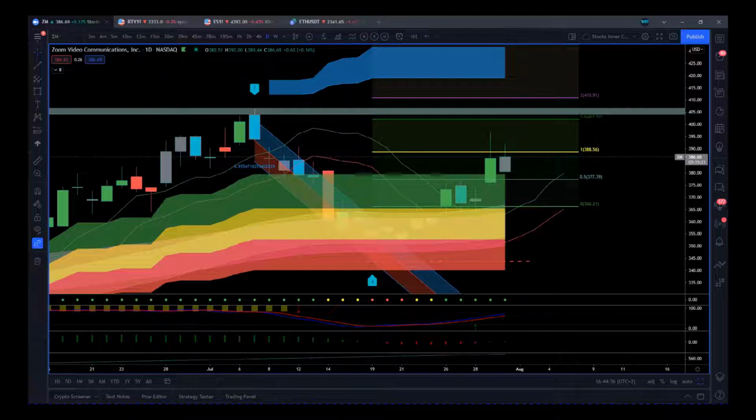So first of all, Zoom daily time frame, we had a pullback. We had a wave 4 pullback, which is a profit taking pullback, which is normal behavior for a stock. But the Elliott Wave indicator suite measured this behavior in a few ways. So first of all, the wave 4 found support. We got all these big tails on these candles in the red zone, so that represents 75% probability that the price will go and reach this automated fifth wave target zone around about $425